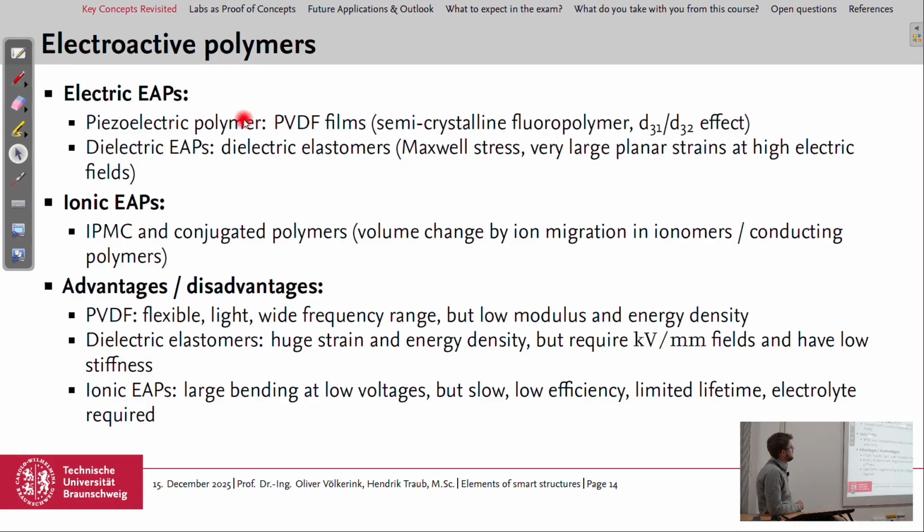Then we had a look at electroactive polymers, different types. First, piezoelectric polymers like PVDF films. PVDF is the only commercially available material of this material class, which is a semi-crystalline fluoropolymer, and it also has piezoelectric behavior, and we use the D31 and the D32 effect, so just the in-plane